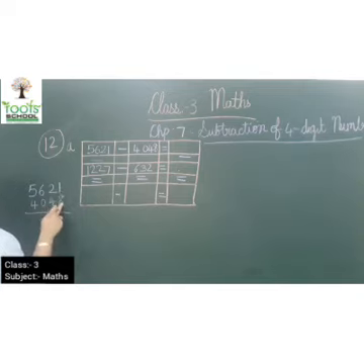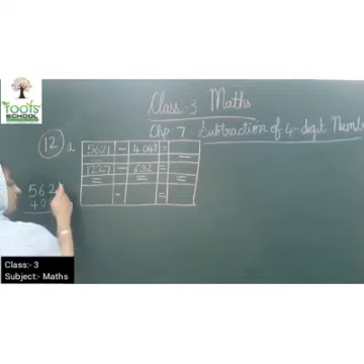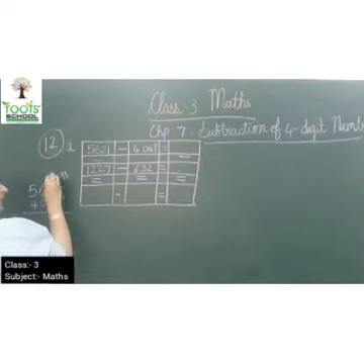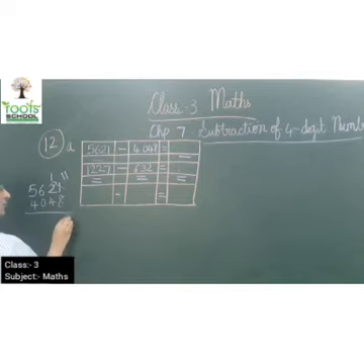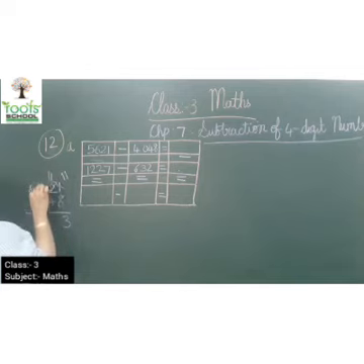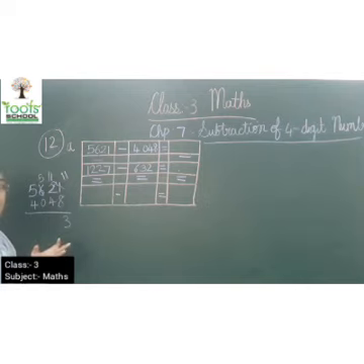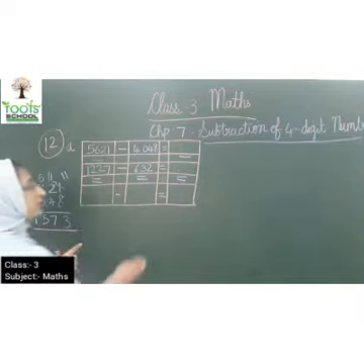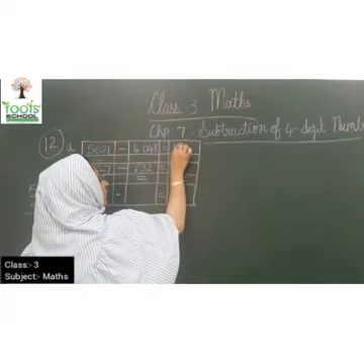We cannot subtract 8 from 1 because 1 is smaller, so 1 will borrow from here. So it will be 11 and this will be 1. 11 minus 8 is 3. 4 cannot be subtracted from 1, so we will borrow 1 and here it will be 5. So 11 minus 4 is 7. What is 5 minus 5? It is 0, and 5 minus 4 is 1. So we got the first answer, 1573, which you are going to write over here.